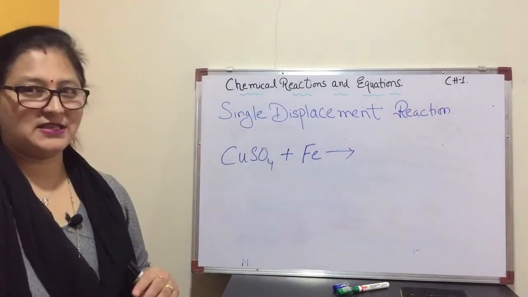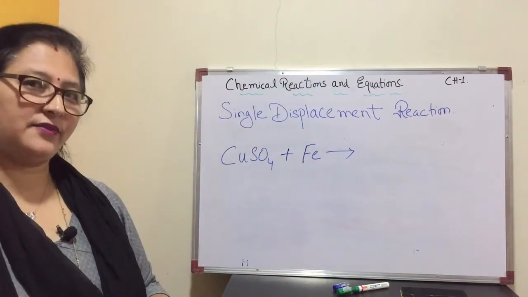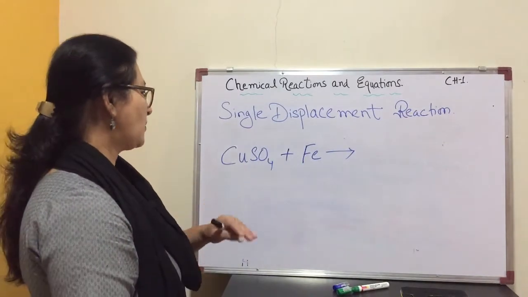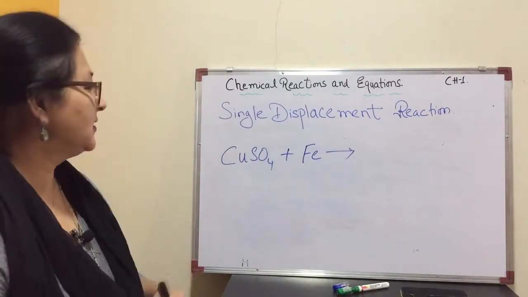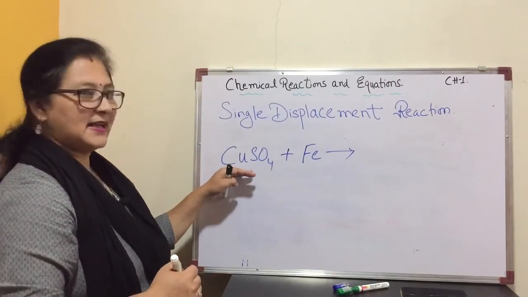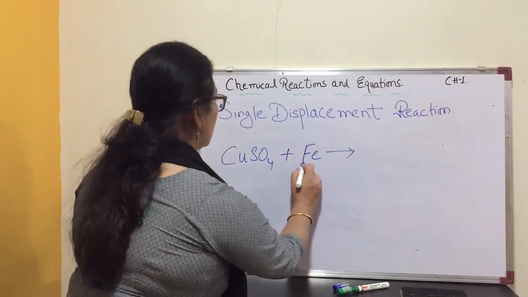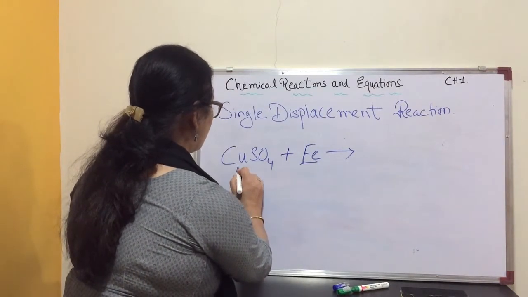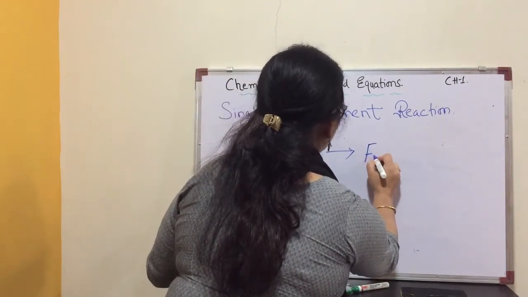Because in the reactivity series we saw that iron is more reactive than copper. That's why copper was coming under the H high coat, right? So copper is less reactive than iron. So in this case, copper will be replaced by iron. Okay, so you will get FeSO4